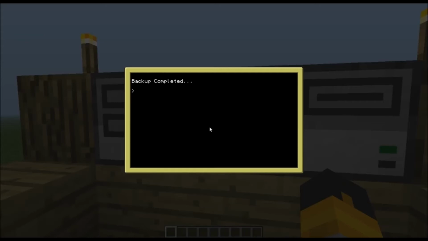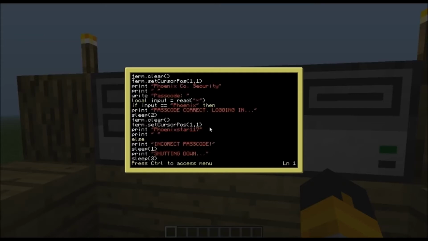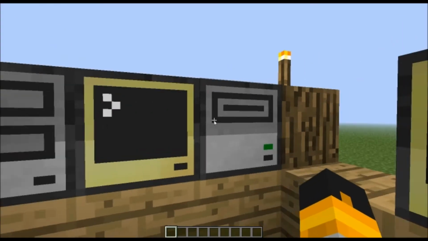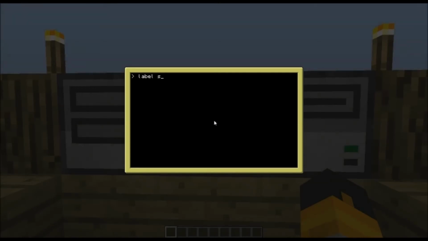Backup completed. There we go. So now what I can do is edit disk, backup, and voila. All our code is saved onto this disk. I'm going to go ahead and label set write